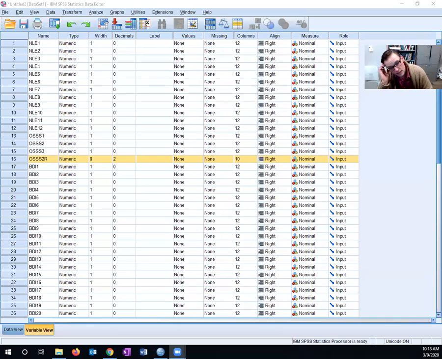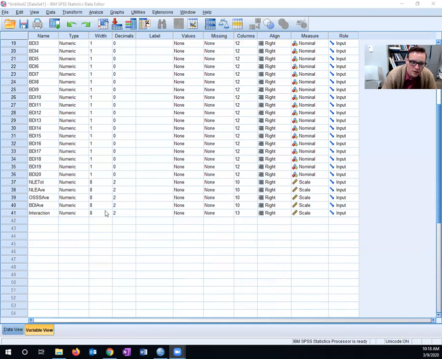Hey everybody. So this is going to be a quick video showing you how to do a simple linear regression. Now I've already aggregated the values of my scales. I've created a total scale, an average scale for NLE. And the reason I created a total scale here is because of the way the questions are asked. On this scale, which is labeled NLE because it stands for negative life events,